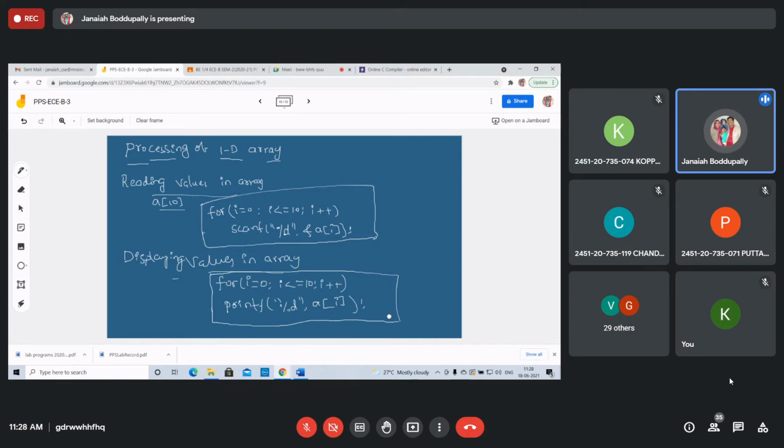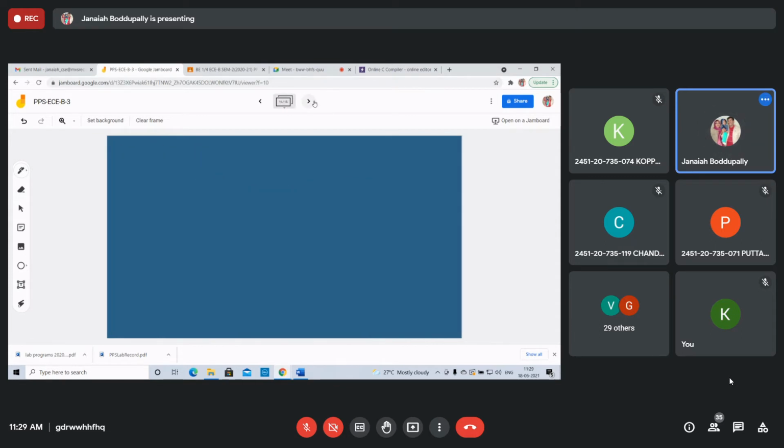In a one-dimensional array, how can you calculate the address of a particular element? Copy this one, students. Finding the address of an element: the address of the position of an element in a 1D array can be found by using the formula: address of A[I] = base address of array plus I into size of data type, where I is the index of that particular element.